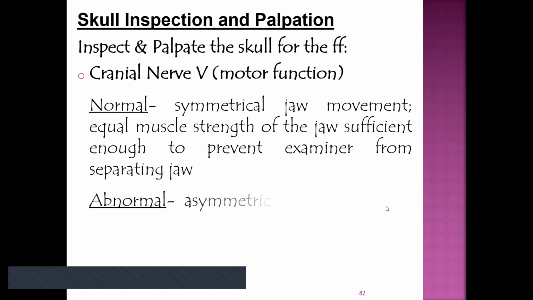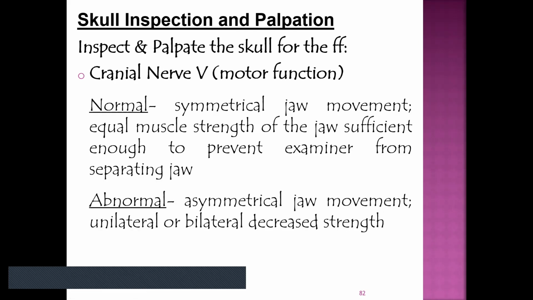In terms of abnormalities, what you are expecting in your assessment is asymmetrical movement and inability or decreased ability to separate the jaw. So there is difficulty on the part of the client to